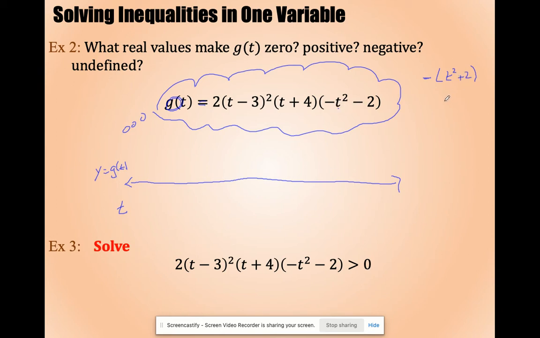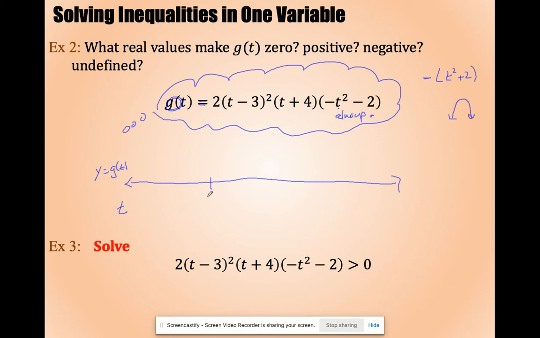What does that graph look like? You're negatizing this. That's an upside down parabola, right? Or you don't even have to think about that. You can just think, this is a parabola that opens upside down and its maximum is at -2. This is always negative. There is no value here that will create 0 because you're going to have a positive number, negatize it, and then subtract 2. So negative, always negative. So the only numbers I'm putting in here